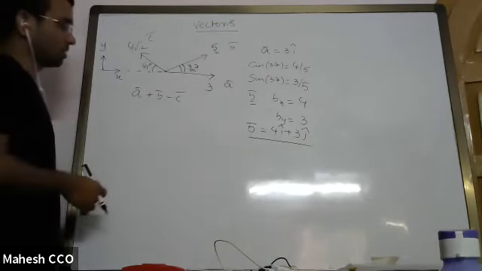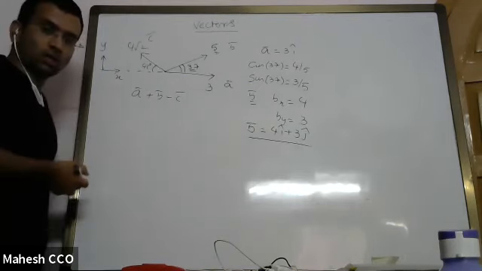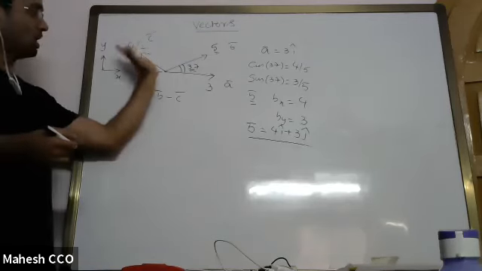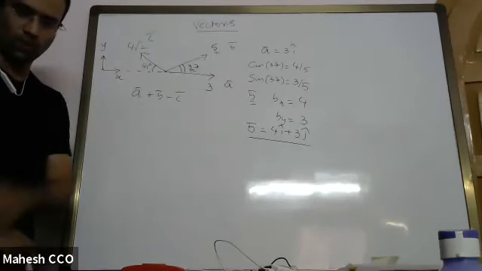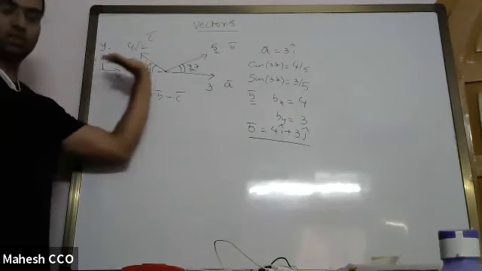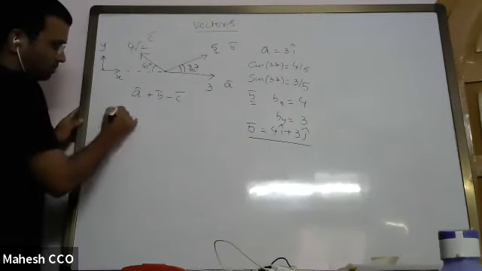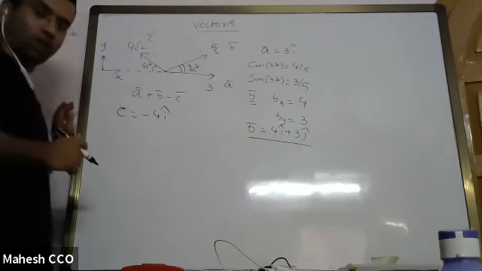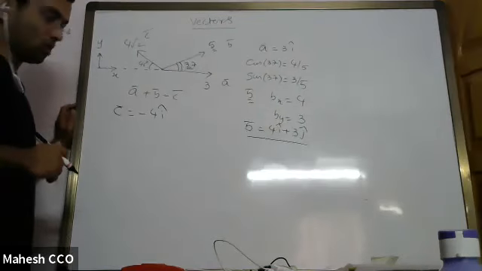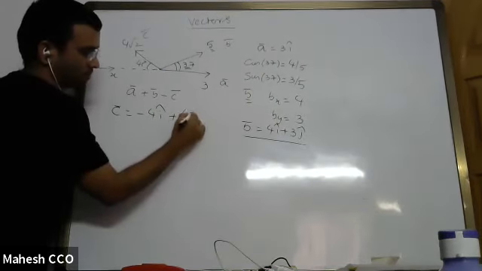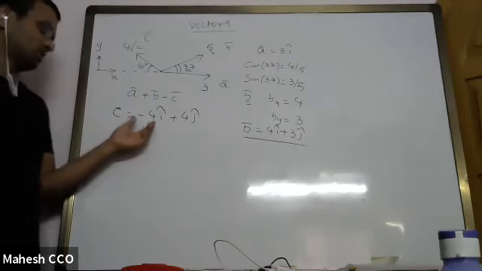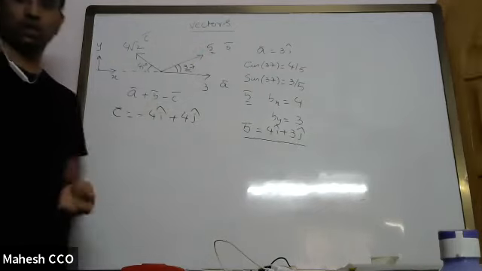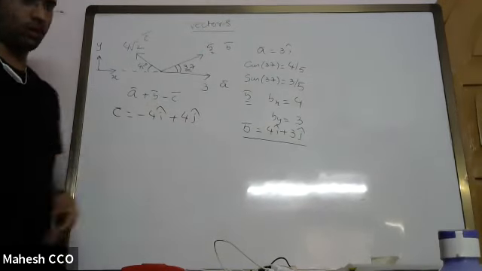Now how do you find C bar? C bar is backwards. So its x component will be along the negative x direction. That will be 4 root 2 cos 45. Cos 45 is 1 by root 2, you know. So its x component is minus 4. So C bar is equal to minus 4 i cap. Its y component is 4 root 2 sin 45, which is also 4 root 2 into 1 by root 2, which is 4. So plus 4 j cap. So C bar is minus 4 i cap plus 4 j cap. Now you know all of them in terms of i cap, j cap, k cap, so you can find whatever you need.